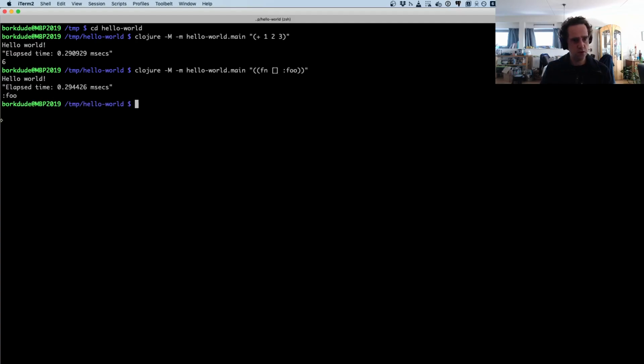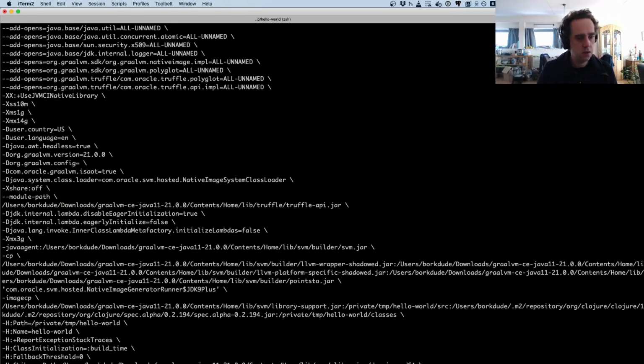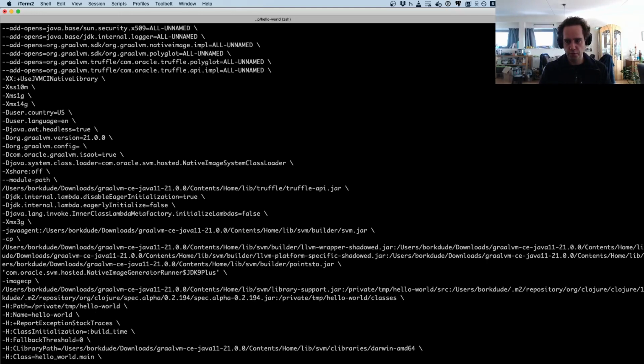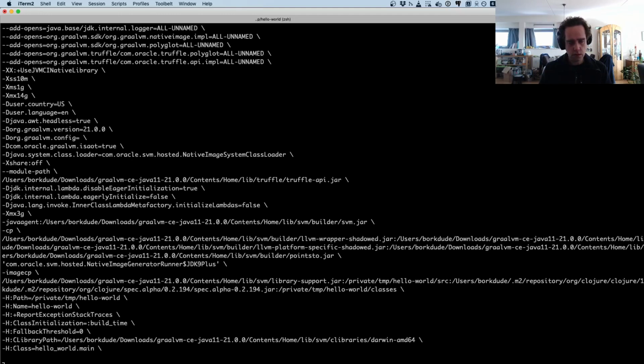So this works with normal Clojure, but if we compile this, let's try it with GraalVM, this will fail